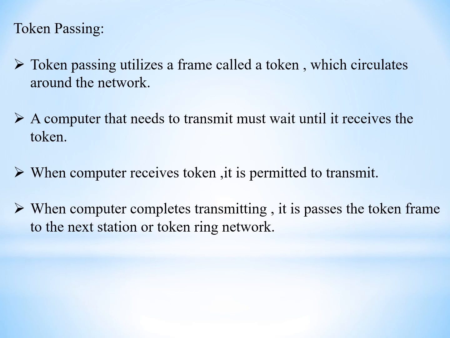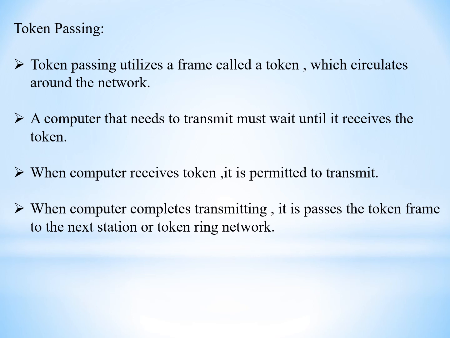So we know this clearly. The token passing method is widely used in our ring topology. In ring topology, all the computers will be connected in the form of a ring. A free token will be rotating in the entire network. The computer that needs service should first get the token. So if one computer gets the token, it is given permission to transmit. So it will transmit the data to the other stations, and the other stations at that time will be acting as repeaters. And once the data has been sent, what will happen?